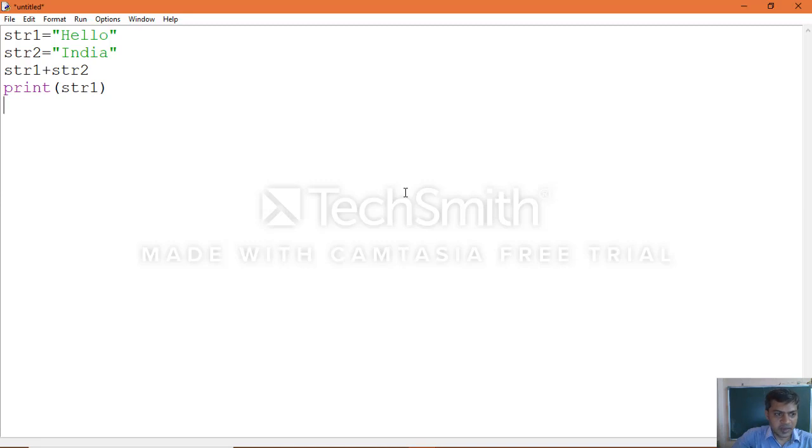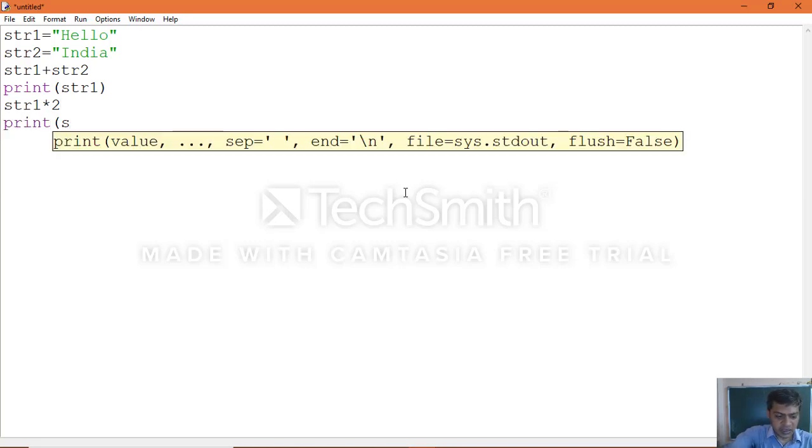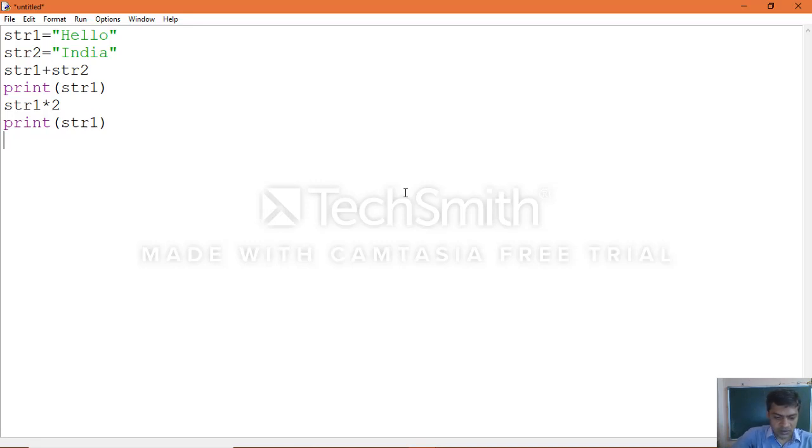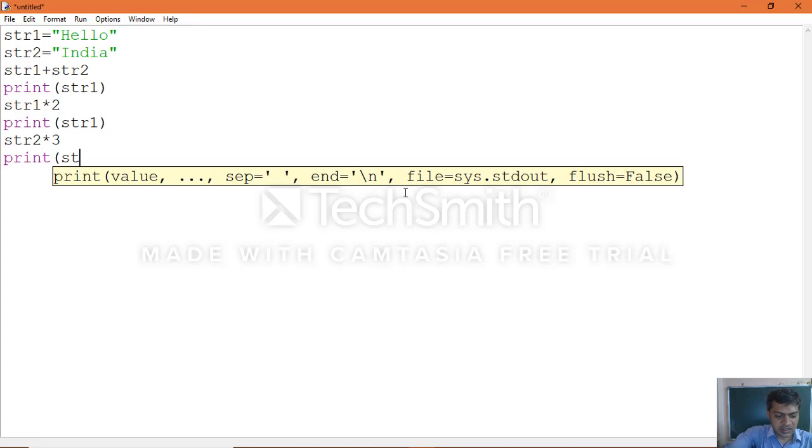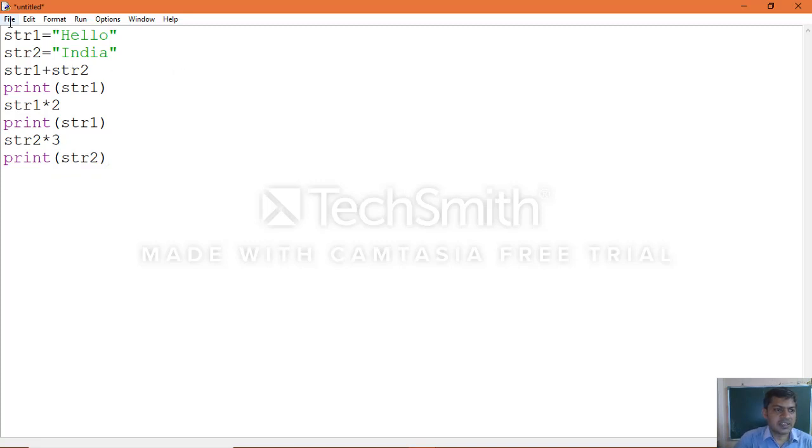Same way str1 multiplied with 2, then print str1. Same way str1 multiplied with 3, and 2 you take it as now. Now print str2. Now save the application.